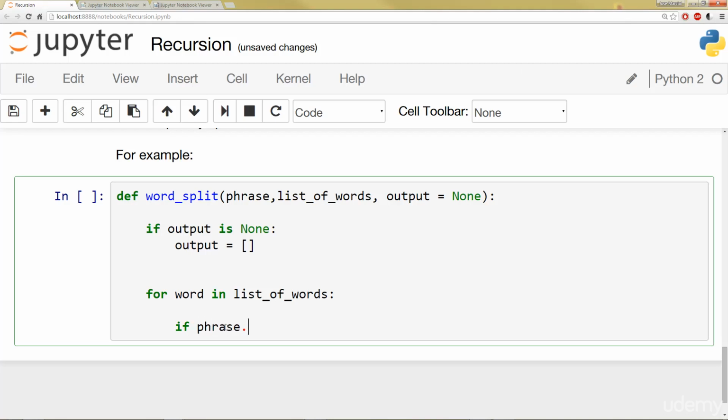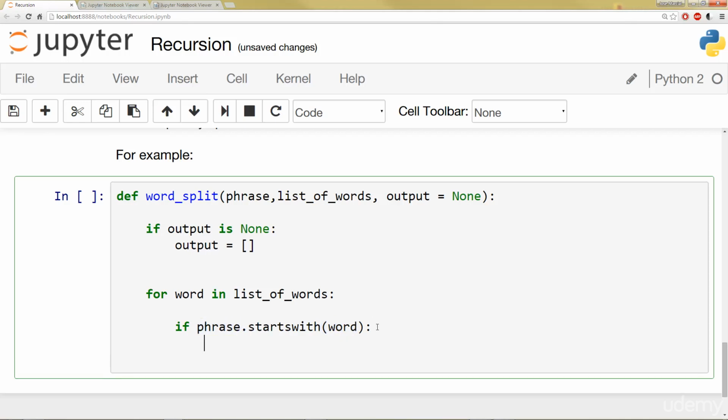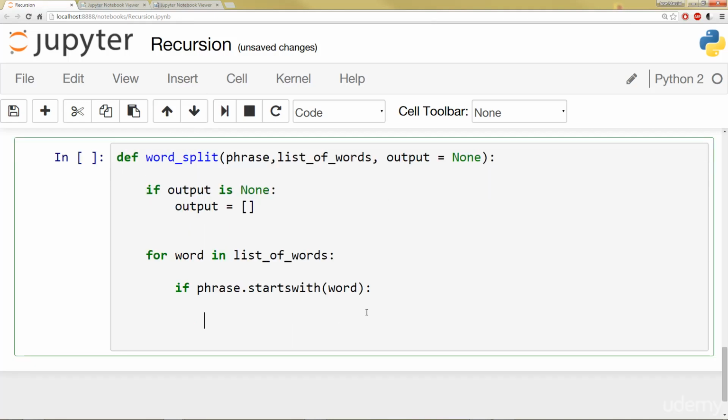There's lots of ways to do this. You can just use simple indexing, but I'm going to use a little Python trick here called startswith, which just checks if a string starts with another string. Another way to do this would be by indexing, where you would check the length of this word against the first characters of that phrase, given that length. But this is a more concise way to do this. What's also nice about using startswith is it's super legible. You can really read it, it's almost like pseudocode. And then, if that phrase starts with that word, I'm going to append it to that output